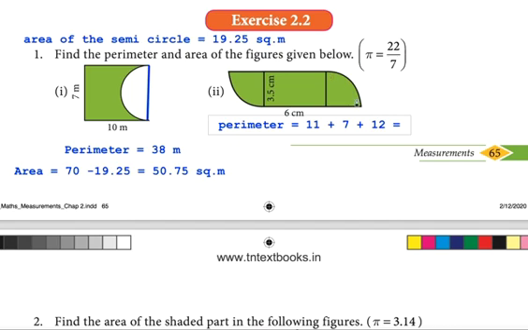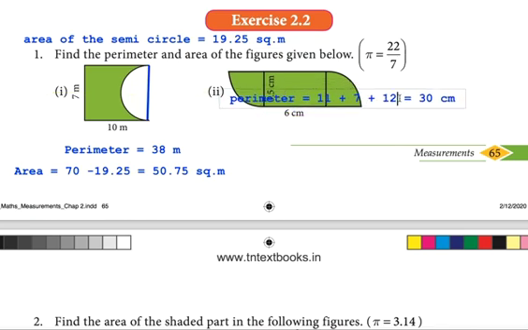This plus this gives you 11. Okay, and this plus this is the diameter of the circle, so 7. And this plus this, 6 plus 6, 12. So 12 plus 7 is 19, 19 plus 11 is 30. 30, see the unit, cm. Okay, so that is about the perimeter, because this portion is not needed now. Because of the space constraint, I am deleting that one. Okay, that is the perimeter. What about area?